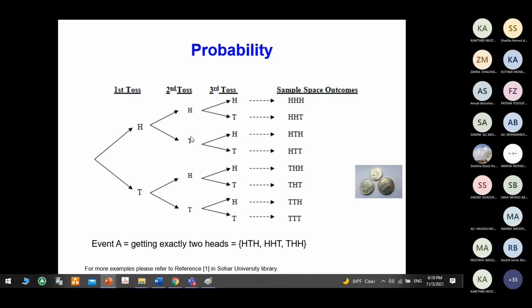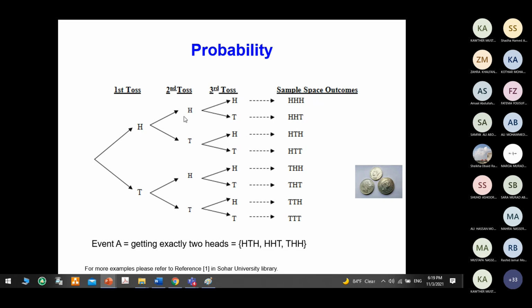If I add it to the first result, for example, if it is head, I come up with either head or tail. If it is tail, I come up with either head or tail. When I toss it the third time, for each head there is head or tail, for each tail there is head and tail, and so on. So if I come to find the outputs of the sample space from this experiment, I will say, see here,